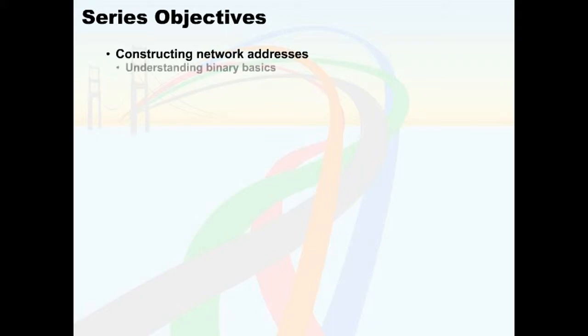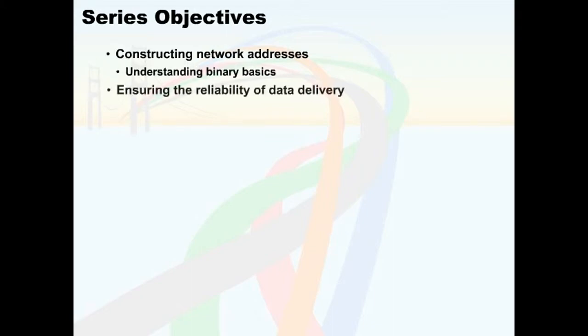The reason for understanding binary and hexadecimal number systems is very simple. We need to know how to construct network addresses based on an understanding of that binary math. We also want to ensure the reliability of data delivery. We want to understand how both the UDP, the User Datagram Protocol connections, and TCP connection-oriented models will work in